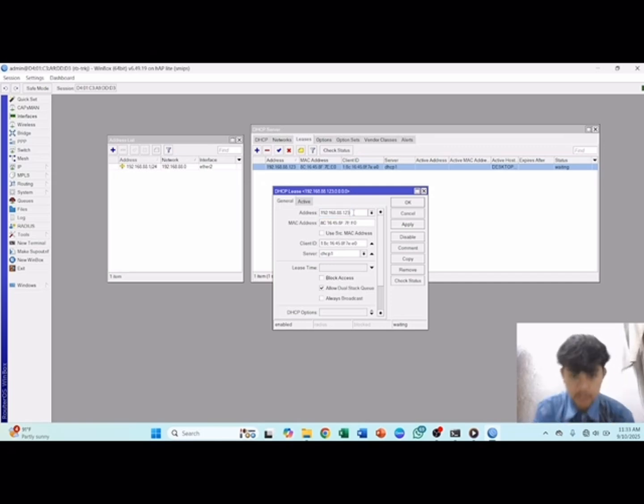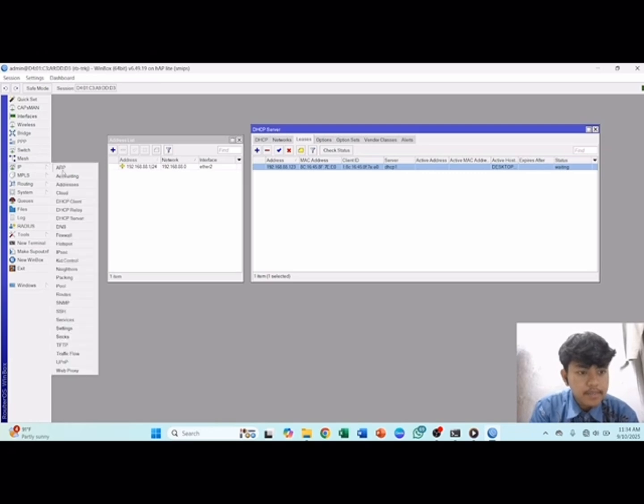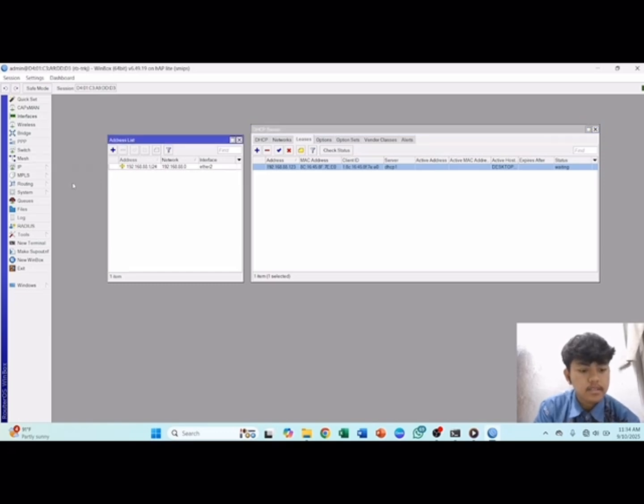Input your IP address, apply and OK, and then you can click IP and address, you can see it here.